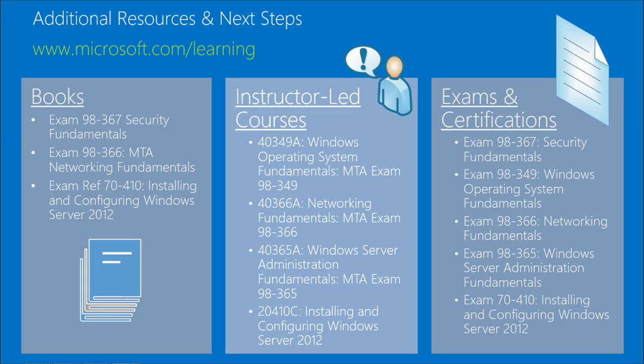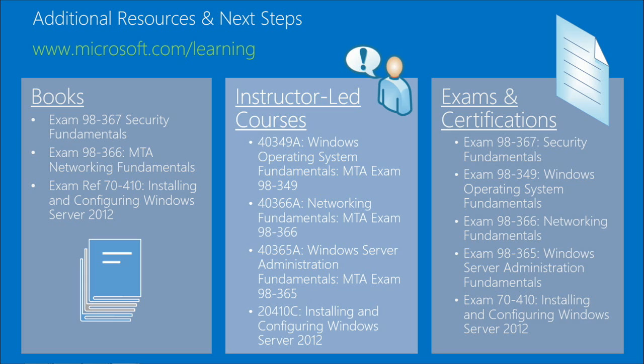Yeah, in fact, on this slide, we've got instructor-led courses and exams and certifications in those second two columns. To find all of that information, you can go to Microsoft.com/learning. For courses, we have a class locator that'll help you find a place near you. You can take the course if you want to get in and get your hands dirty, actually, in this case, because they're going to be hands-on courses. And there are places to schedule and sign up for the actual exams once you've completed either this course or an instructor-led course. The books you usually find online. We do ebooks a lot. Different vendors sell different books. Microsoft Press is obviously our preferred publisher for books.